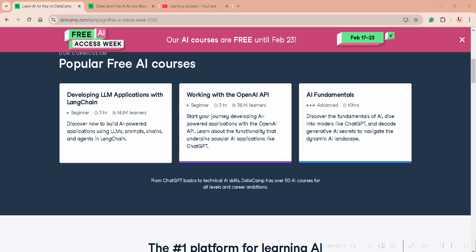They also provide an interactive learning approach. You can say goodbye to passive learning. DataCamp courses combine short video lessons with hands-on coding exercises. This means you are not just watching, you are doing, which is crucial for mastering AI concepts. They also provide comprehensive course offerings, from basic programming to advanced AI techniques. You will find courses on Python, machine learning, deep learning, and even cutting-edge topics like natural language processing and generative AI.